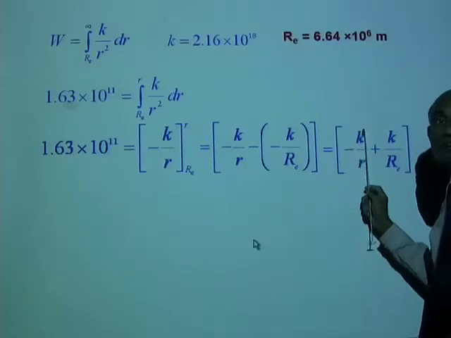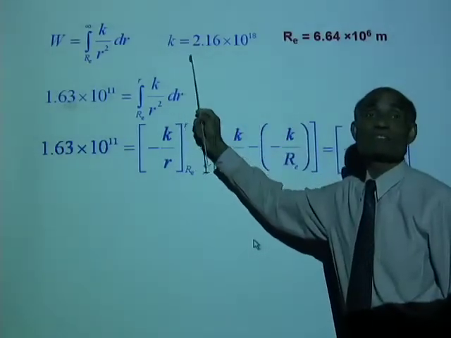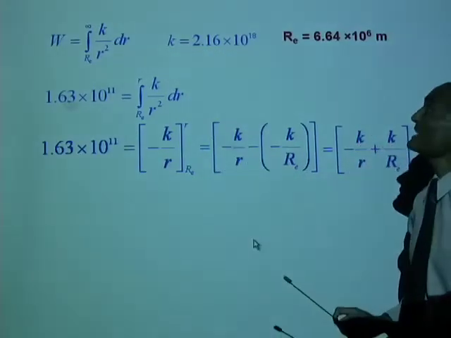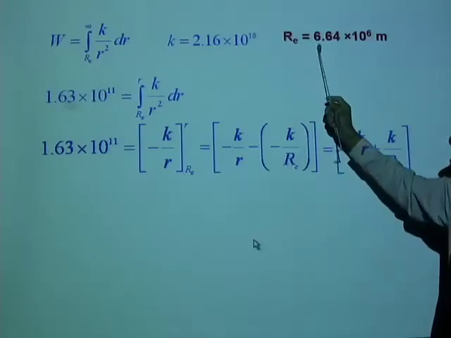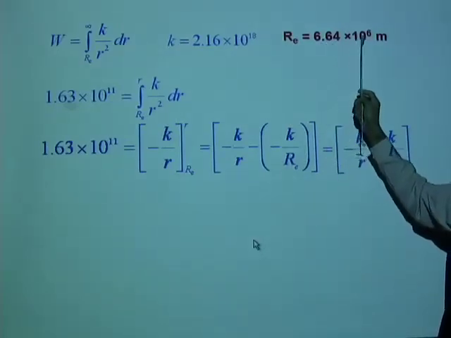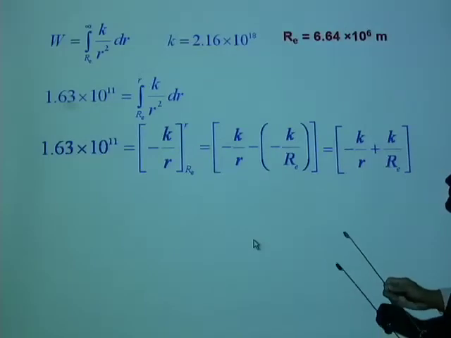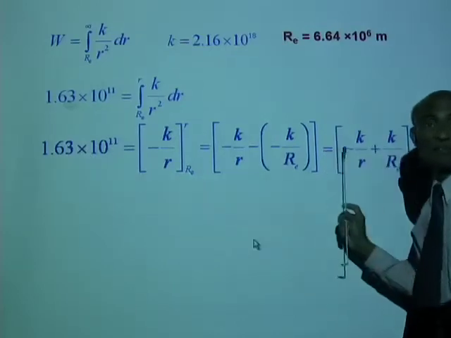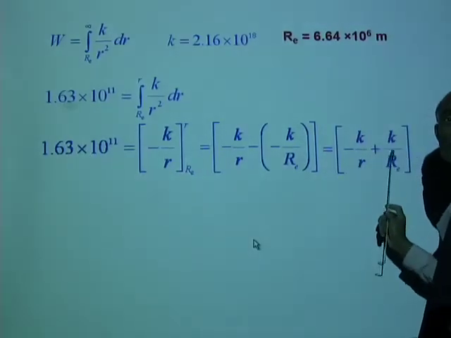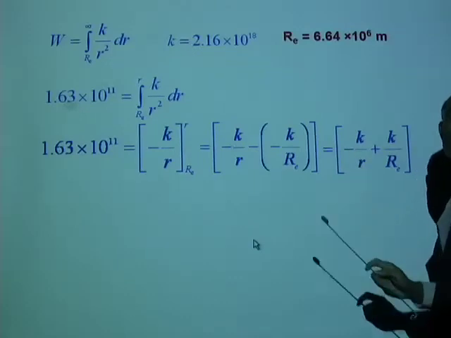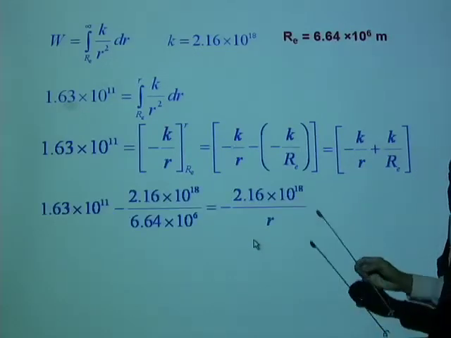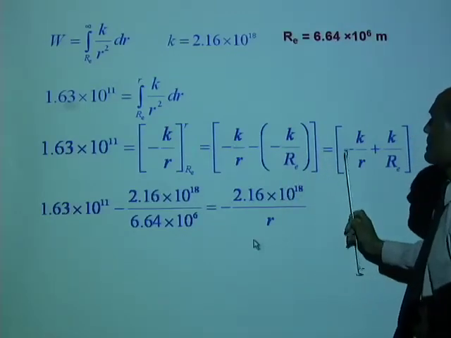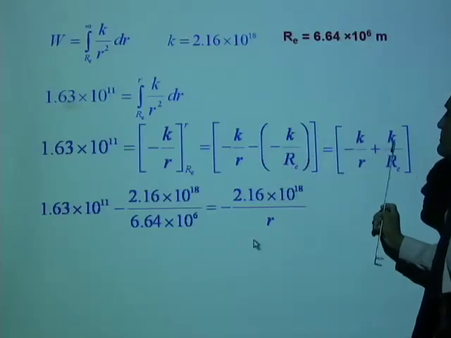Now, do we know the value of K? Yes, we calculated the value of K earlier on. K is 2.16 times 10 to the 18. And the radius of the Earth, RE, is 6.64 times 10 to the 6 meter. And you know the work done. So we know this value, we know K, we know RE. The only unknown is the lowercase r. So, that will be, you can say